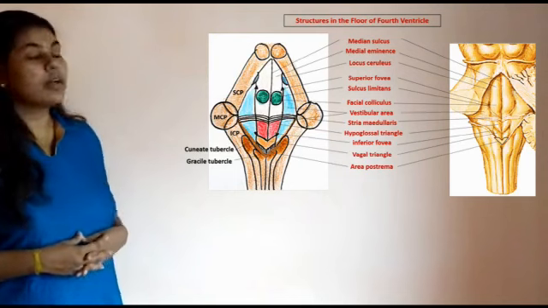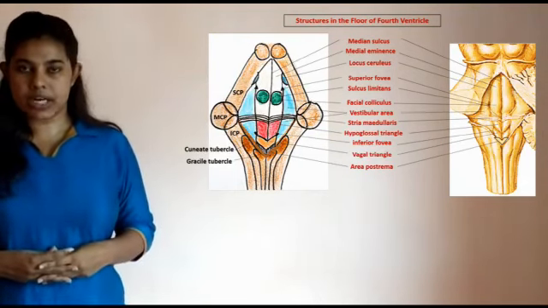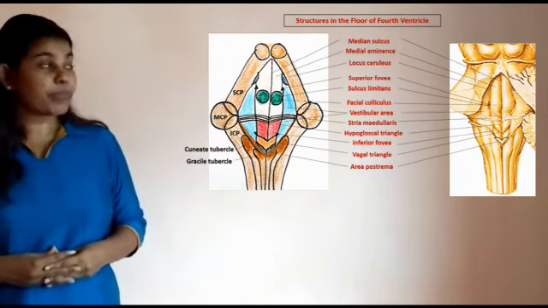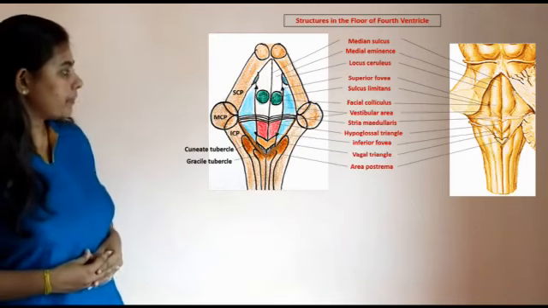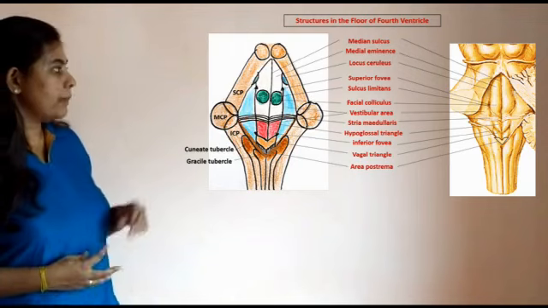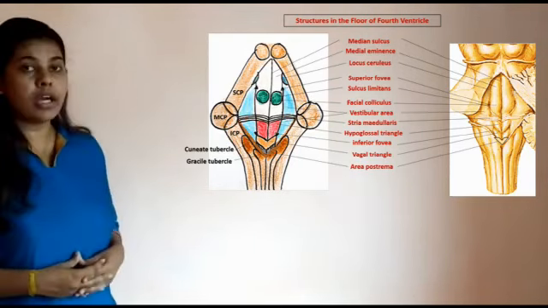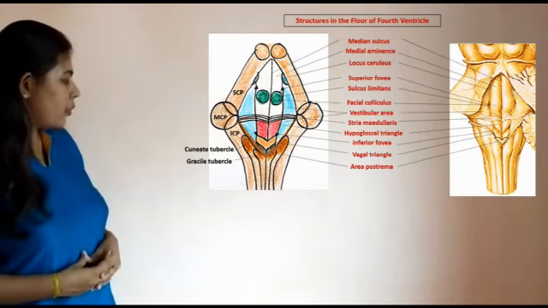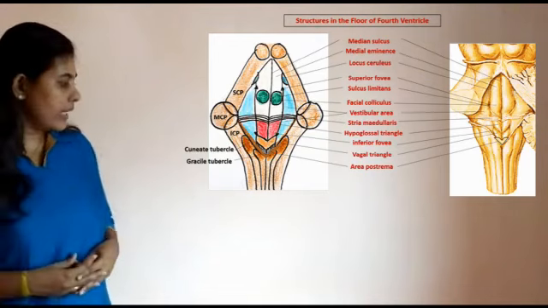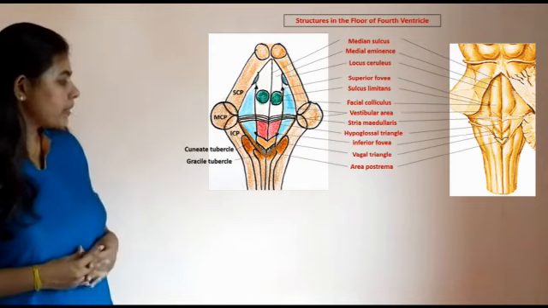immediately below the medullary striae, you can see a trigone. It is called the hypoglossal trigone. It is overlying the 12th nerve nucleus. It is medial, and its apex is down. Below the hypoglossal trigone, there is another area called the vagal area. It is formed by the underlying dorsal nucleus of the vagus, and it is in the lateral angle,